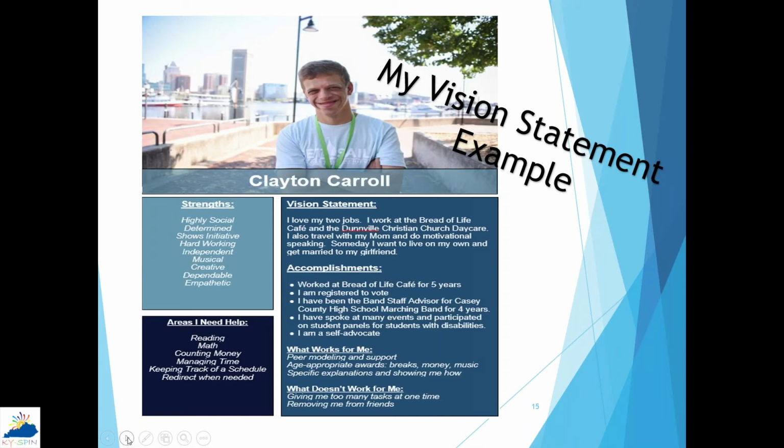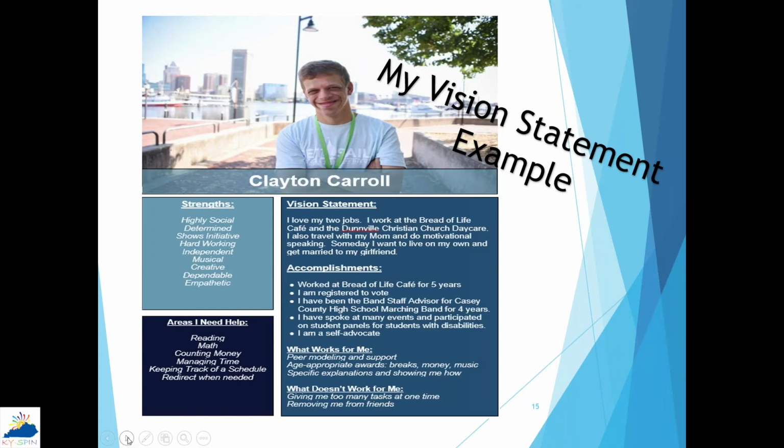And specific explanations and showing him how. He needs to be shown how to do something. He is a visual learner, and he struggles when you just tell him how to do something. So everyone in my family has learned, if we want Clayton to do something, we have to show him first. So for example, he has many chores here on our farm. We live on a big farm. He has many chores, and one of his chores is taking care of the chickens. And so we have modeled for him how we want that to look, what it means during the day.